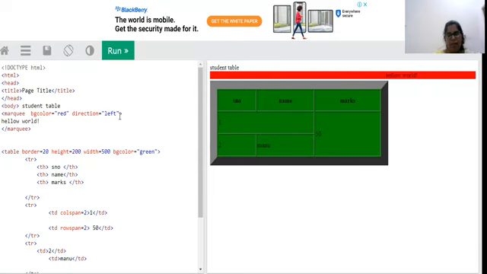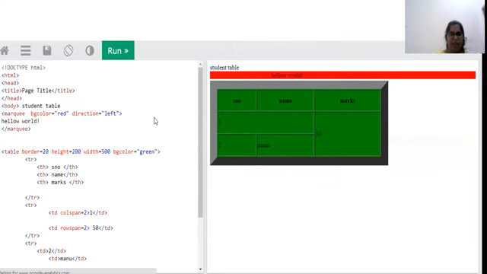So whatever the text size will be there, that is going to be the size of the marquee, height of the marquee. And here I have mentioned it as red color, so the marquee is there in the red color. And here the content is scrolling towards the left hand side continuously.